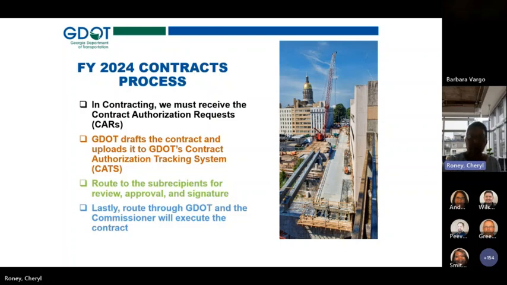So it's very imperative that if you want or need to make a name change, you request that through your project manager, and we'll get the forms to you to complete. Just know that GDOT's primary goal is to get your contract executed, and that's what we all are working towards.